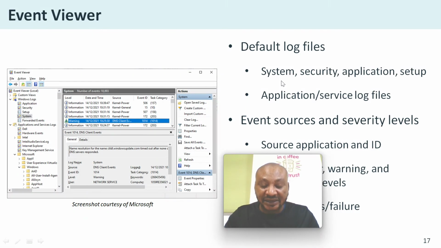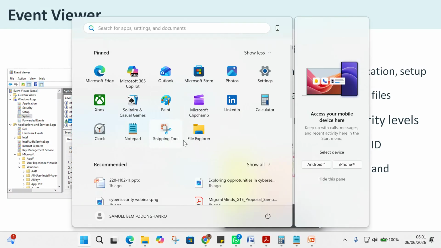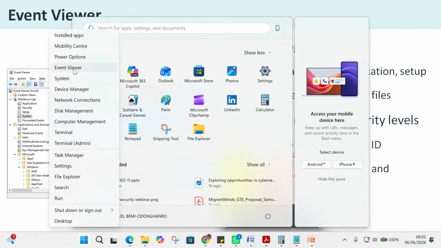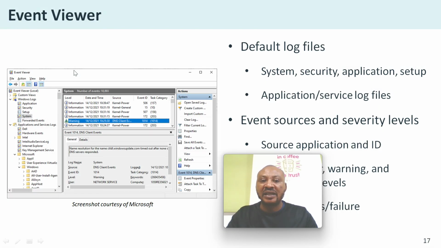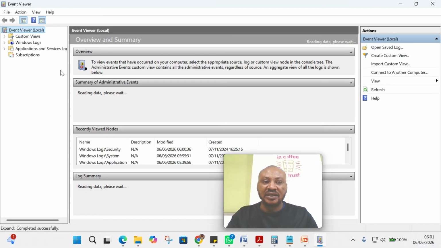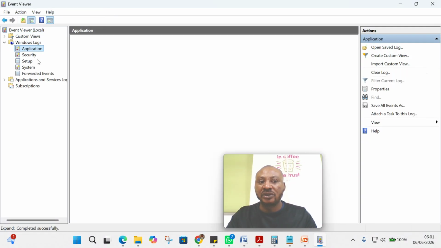So how do we access the event log? We can go back and take a look at our start menu and see Event Viewer. If you open Event Viewer, you launch the snap-in, and then you can see this is Event Viewer. So we can go to Windows Logs, then we can see the application log, security log, system log, and setup log. I explained all these things. So this page you can see,